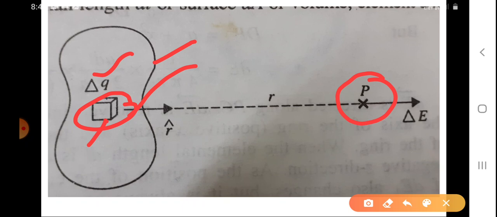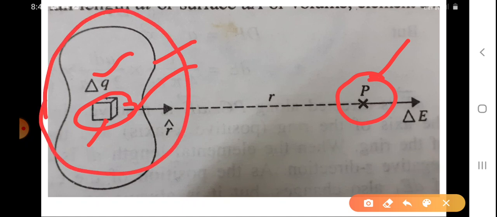In calculus, if you want to find the electric field E at P due to the entire body, I am not going to find it directly for the entire body. I am going to find the electric field produced due to a small elemental volume, and I can add it up. When I add, that is when calculus enters our concepts. First we find a small amount and then we sum that. How many such small elements are there?